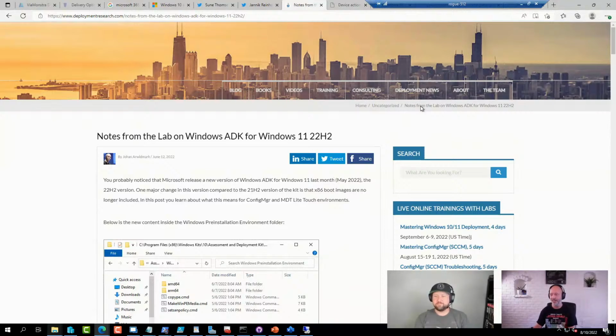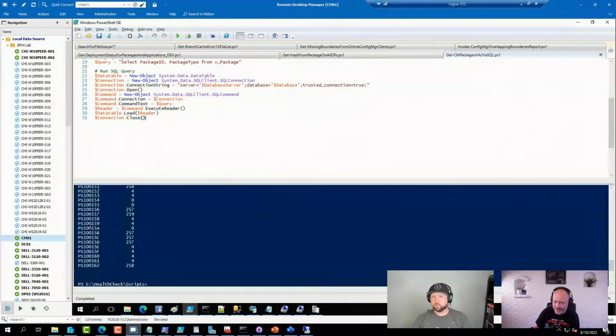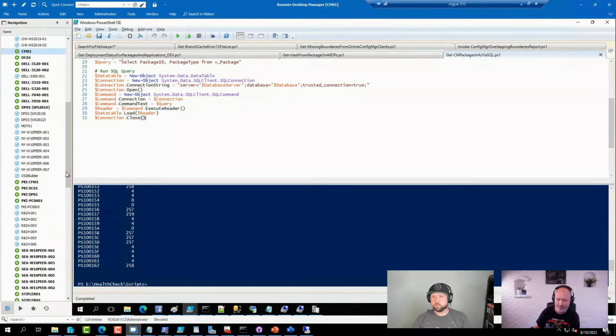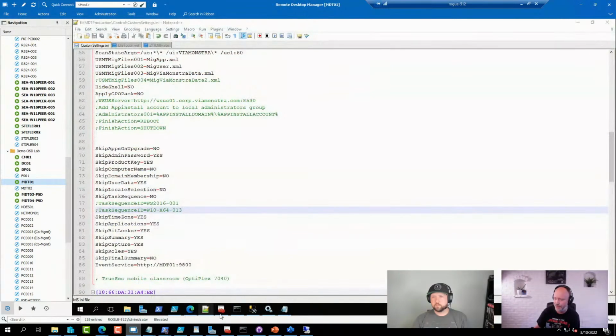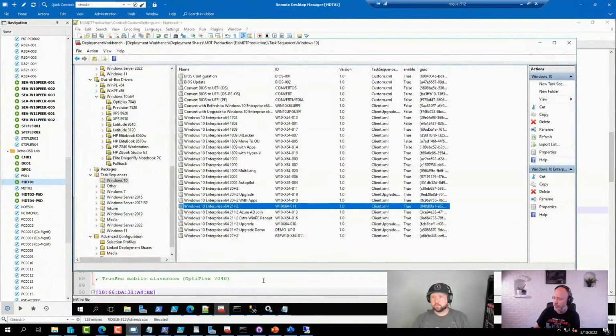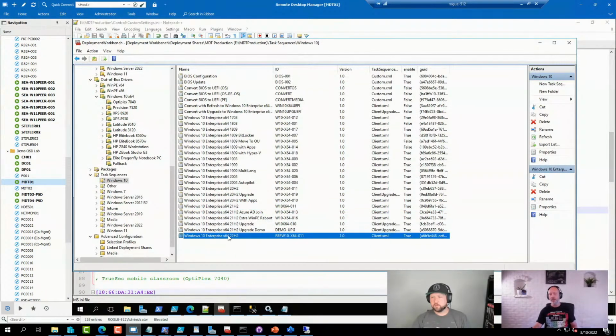So for now, if you're playing around with Windows 10 22H2, which I was actually doing the other day in one of my labs, I'm using the ADK for Windows 10 21H2.